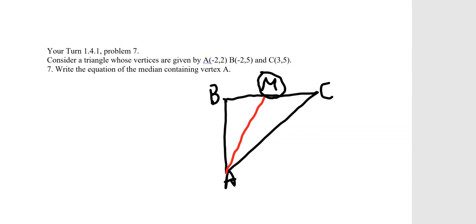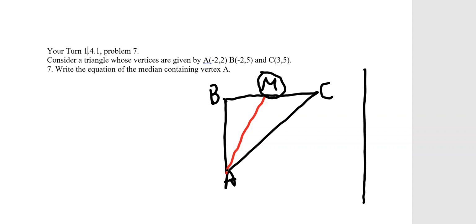We're going to do your turn 1.4.1, problem 7. It says consider a triangle whose vertices are given by points A, B, and C. There's the triangle over here. And the first thing we need to realize is what is a median. It says to write the equation of a median. Okay, so the median begins at vertex A over here